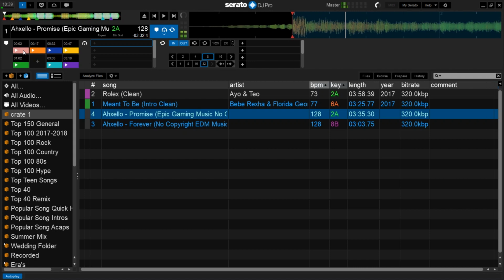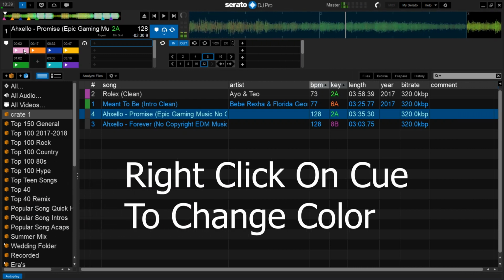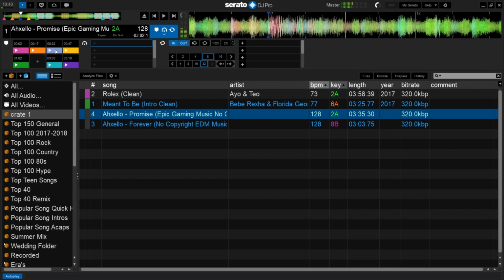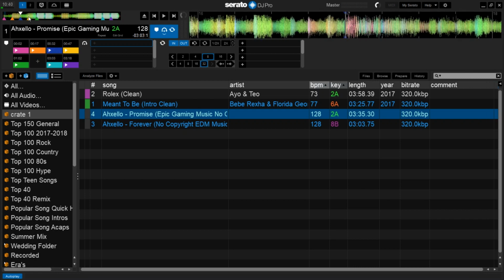So now we've already listened to this. We know that's a synth. So you might decide that all synthesizer sounds are going to be pink, right? Because that just tells you there's no vocals and there's no beats in that 32 beat measure. All it is is synthesizer. So I'm going to make that pink. I'm also going to make, there's a little bit of a clap there. How about I make all the